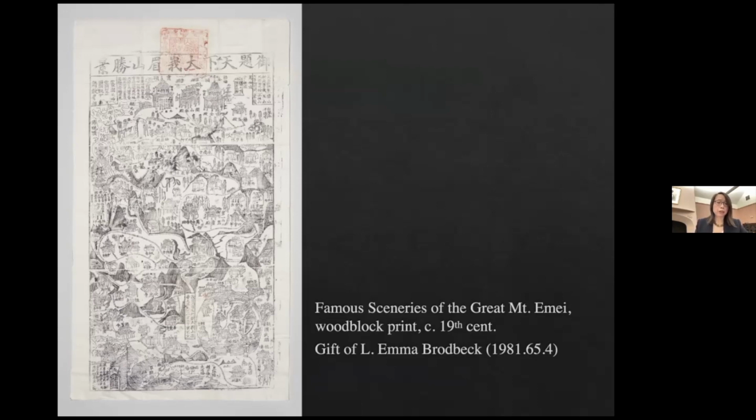The US-China relations are complex and dynamic. The engagement comes with both the good and the bad, just like any form of significant cultural exchange. So on the good side, more people in the US began to see China not as an enemy to fear, but rather as a people who share common interests. In Chinese art and culture, they saw a distinctive alternative to Western tradition, something that challenged you to think big and outside the box. And on the bad side, there was scapegoating, exoticization, stereotyping, all the things that still contribute